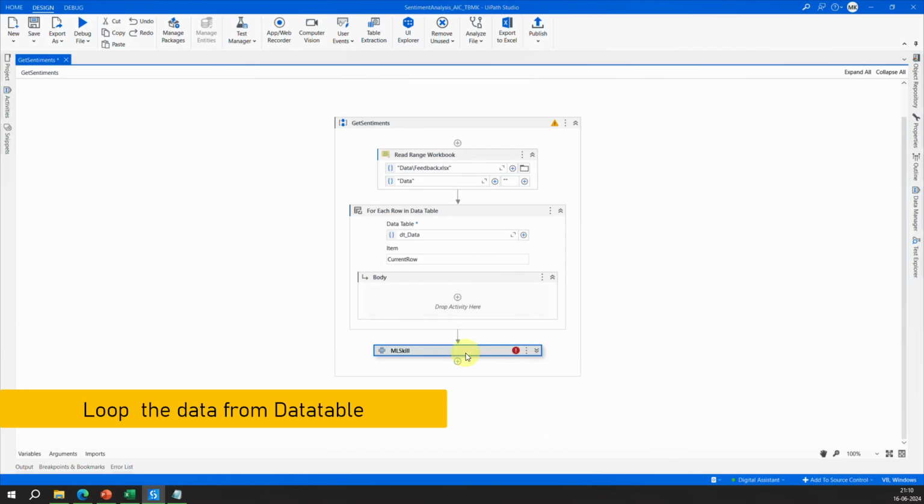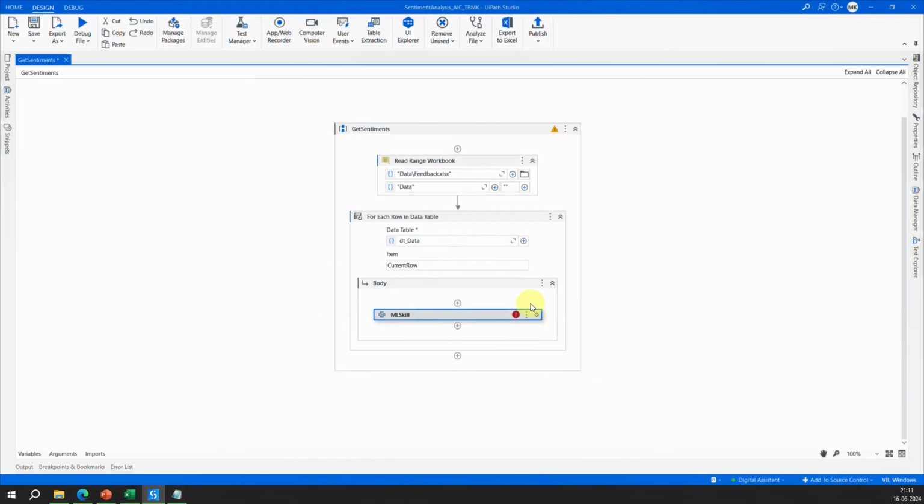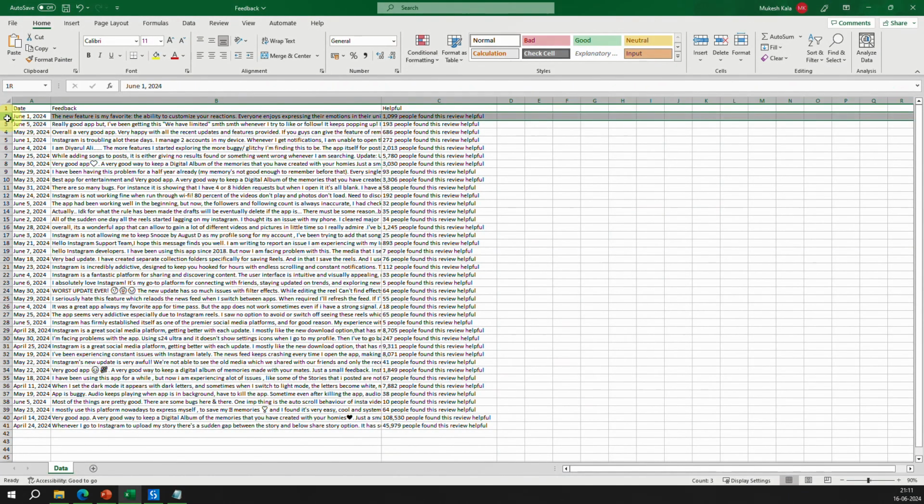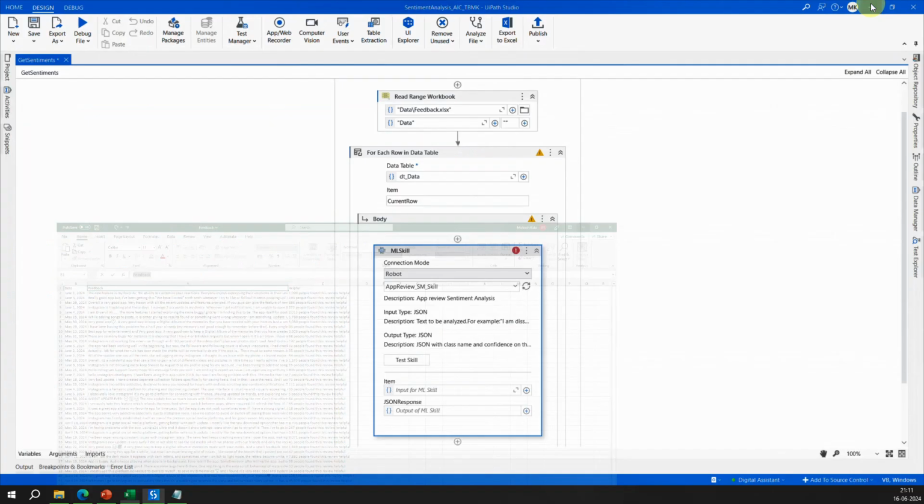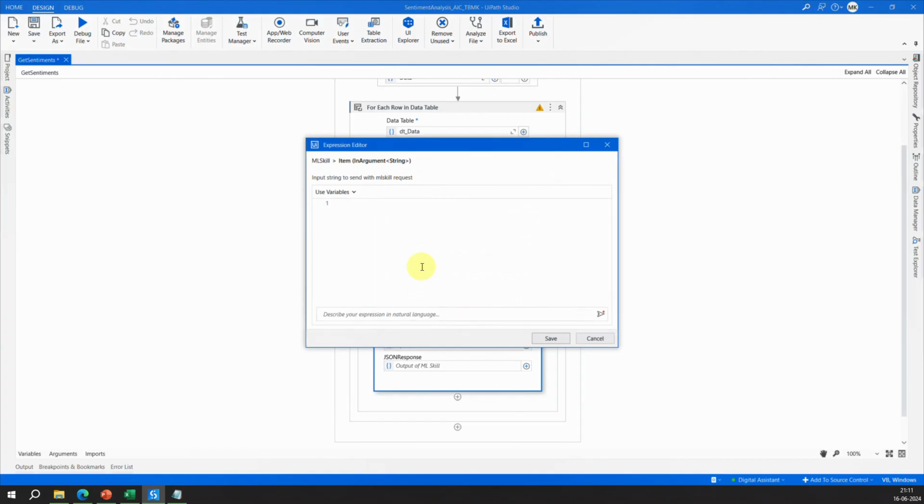And then all of this we have to pass to the ML skill. So I'll drag this ML skill inside the body, so that way I would be able to run it one by one, right? Now let's talk about what is the input. The input is coming from this column, which is the feedback. So I'll take the header name, which is feedback, and into the item, I'll expand it for you,